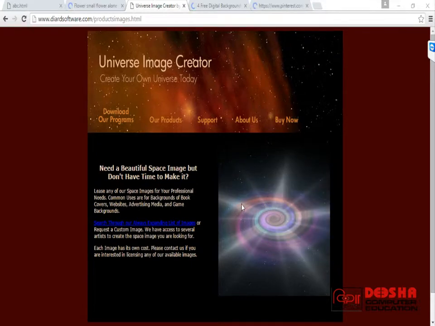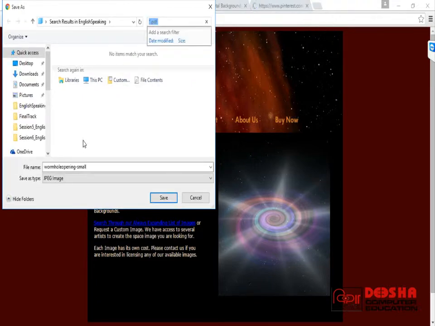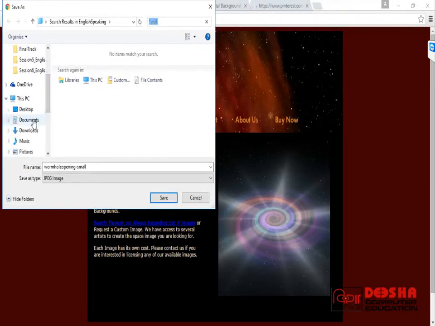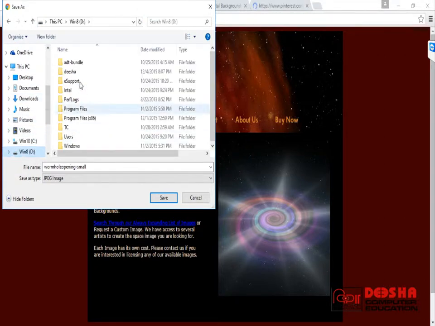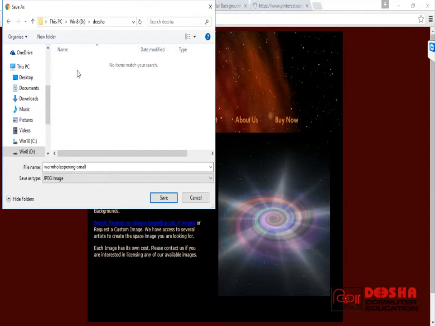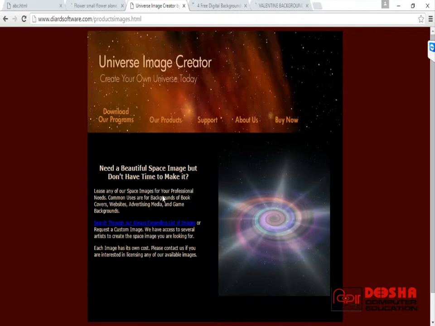Now how to save the images? The best practice is we can create a subfolder inside our root directory. You can see I go to D drive, Disha folder. This is the Disha folder and this is the parent directory, root directory. Inside this root directory, I will create a new folder, images, and I will save these images inside this folder. Maybe some specific name you can write. I am writing img1, some simple name.